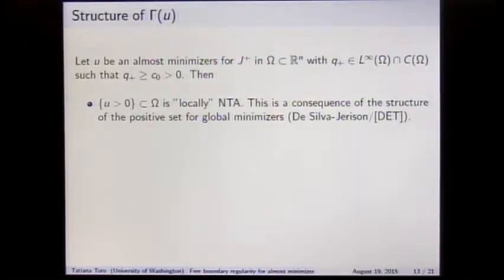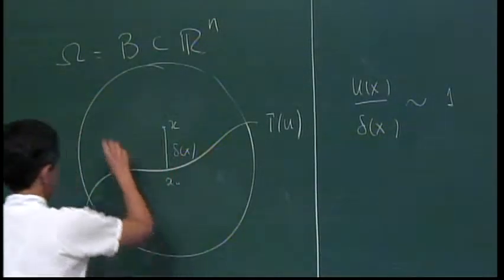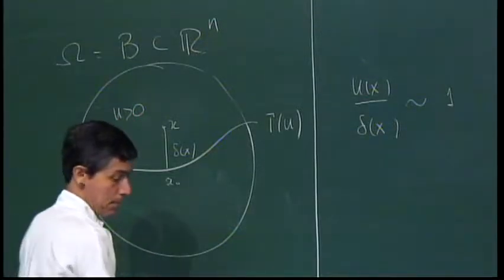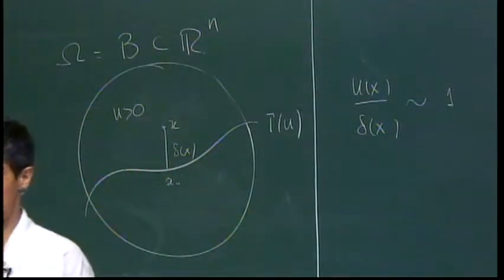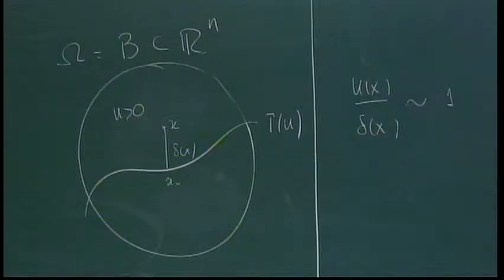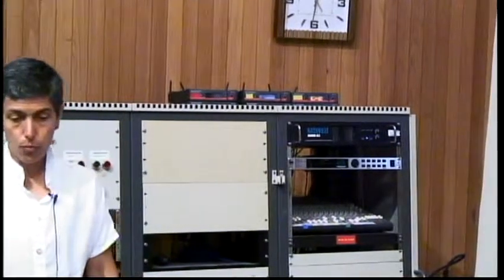And the first thing we did is we proved that the positive part, this thing here, is an NTA domain. NTA means non-tangentially accessible. If you are familiar with this notion, it's great. If you are not, please ignore it for a little bit. I'll remind you, David to some extent mentioned some of it, but it's a good enough domain that allows you to do some things.